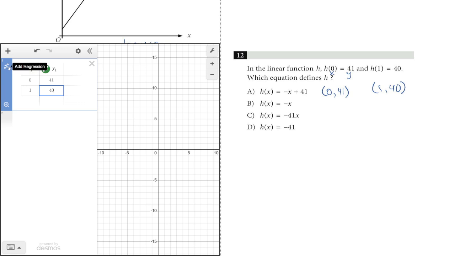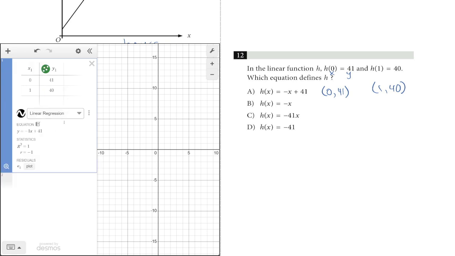There's this little symbol that says add regression. You just click it, and here we are doing linear regression. So now I can say that the line is y equals, and Desmos writes it as negative 1x plus 41. Of course, we usually don't put the 1 in front of the letter. We know it's there, but we don't write it. And so that's why we can now say that the answer is